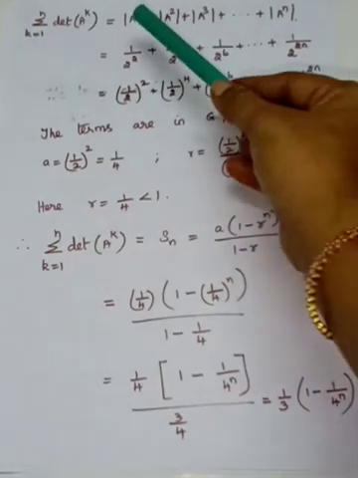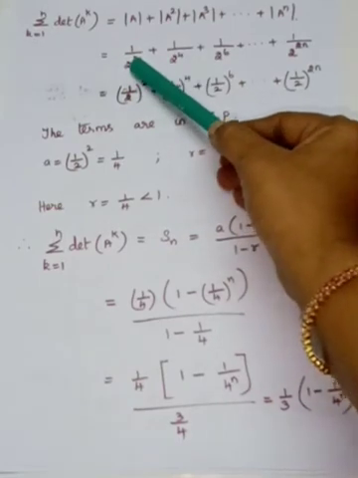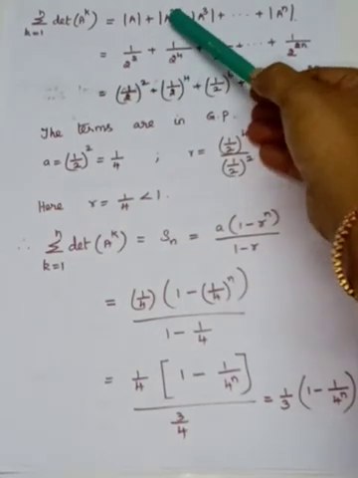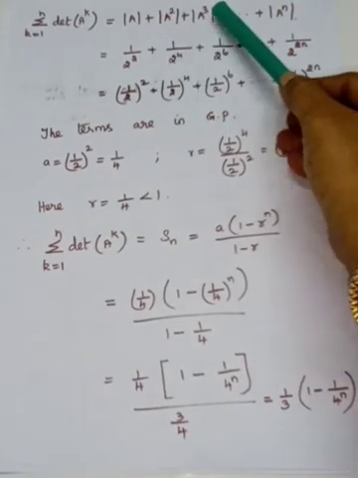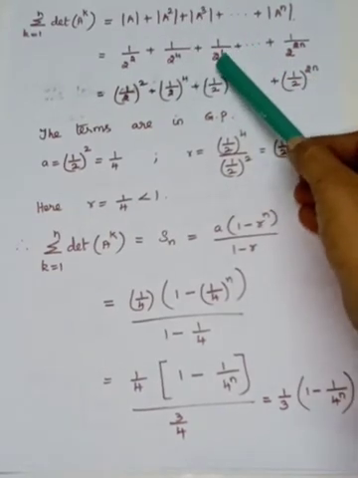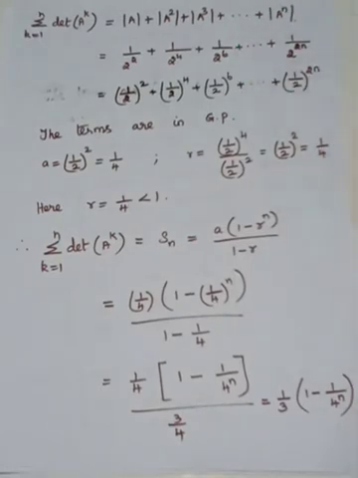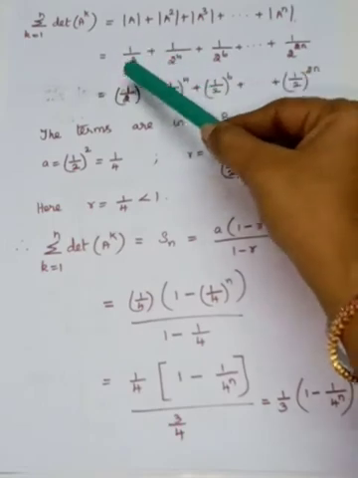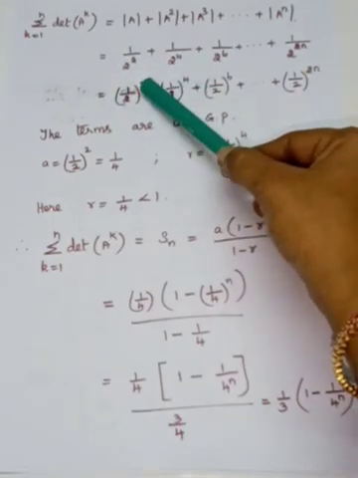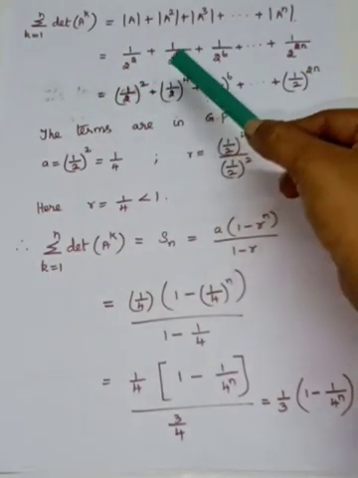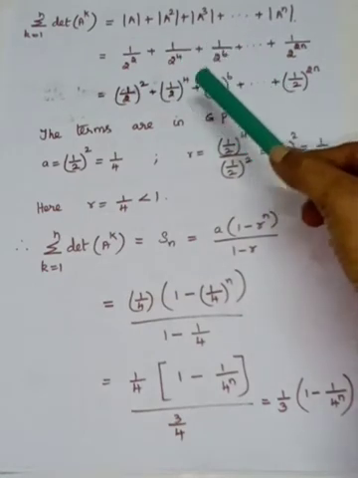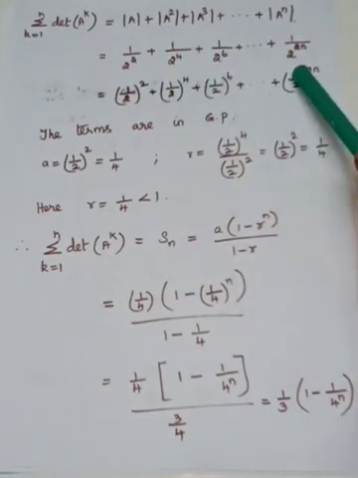See now, determinant a is 1 by 2 squared. Here squared, it is 2 comes, 2 2s are 4. Here 3 comes, 3 2s are 6. 4 comes, it is 1 by 2 power 8. 5 comes, 1 by 2 power 10. In the same way, n comes, it is 1 by 2 power 2n. So this can be written as 1 by 2 the whole squared, this is 1 by 2 the whole power 4, this is 1 by 2 the whole power 6, plus etc., 1 by 2 the whole power 2n.